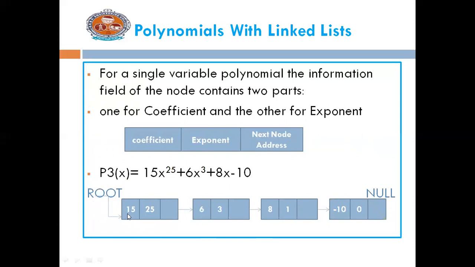The first node contains the information about the term which has the highest exponent, and this node points to the next node, which holds the next lowest degree term. Similarly for the next terms, and the last node's pointer holds null, which represents the end of the list. This is how polynomials are represented with a linked list. Here only 4 nodes are used to store the information. There is no wastage of space.